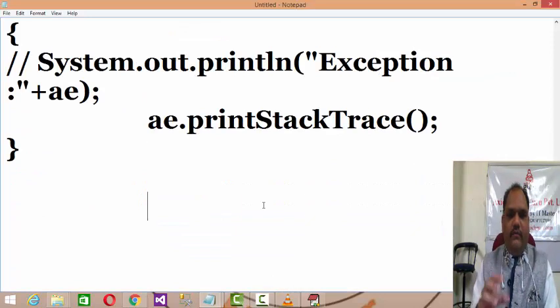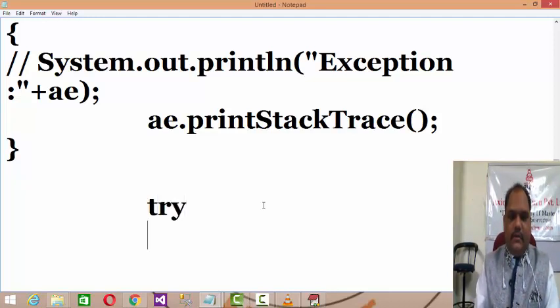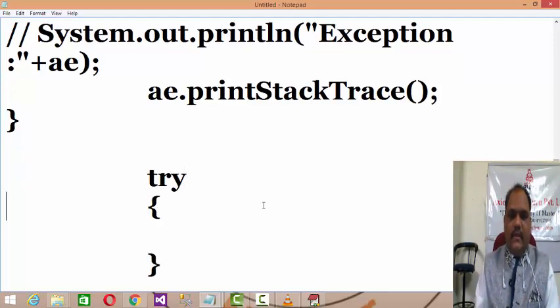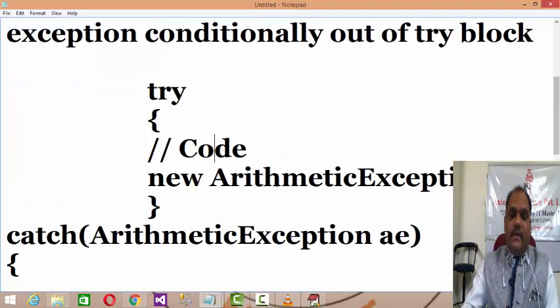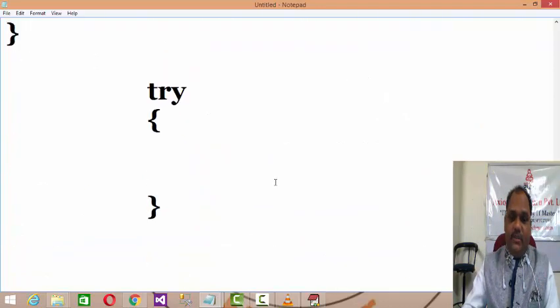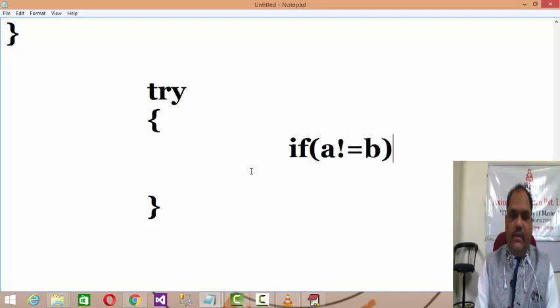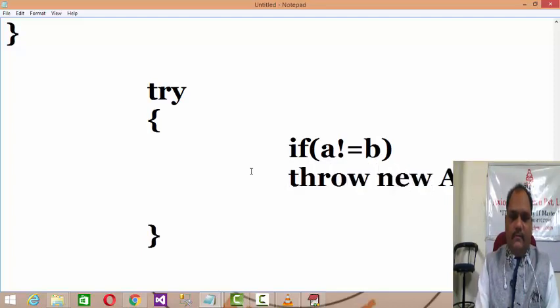Next we have to learn why and when we have to use throw. For example, let's say this is your try block. In the prior code we discussed, if the Java runtime environment found any exception, it would throw it out of the try block. But here, let's say this is the condition: if A not equals B, then throw new ArithmeticException.